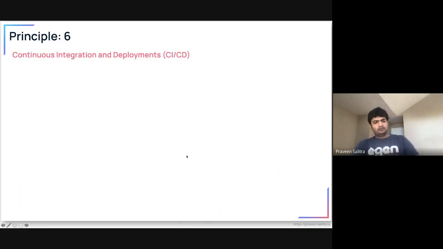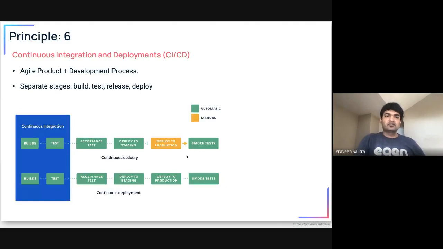Cool. Now, this is one of the most overused concepts that you may have seen, CI/CD, when you are working in an agile fashion, and you have the product and development process where the feedback loops are important, and you are releasing every 2 weeks or every week or probably every day. That's where you would need this concept, where you want to separate the different stages of your releases. So you want to separate the build, the testing, mostly automation testing, releases to environments, deployment to the environments, and things like that, right? So you have different stages.